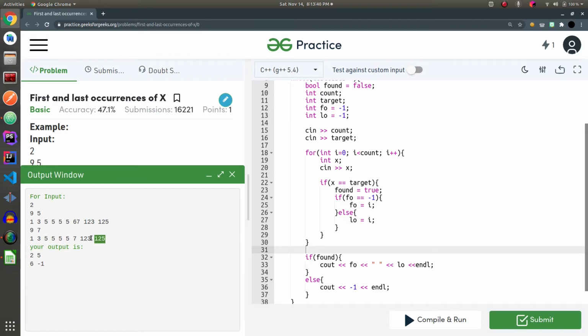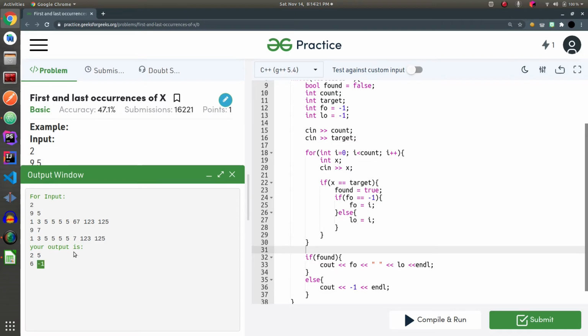But if you consider this test case, we are looking for 7 and there is only one 7. So in this case, the first occurrence and last occurrence will have to be the index of this, which is 6. So its correct answer would be 6 space 6, but we are getting -1.